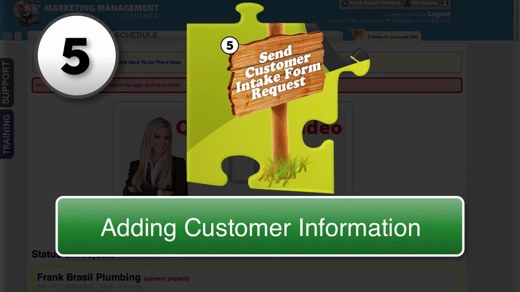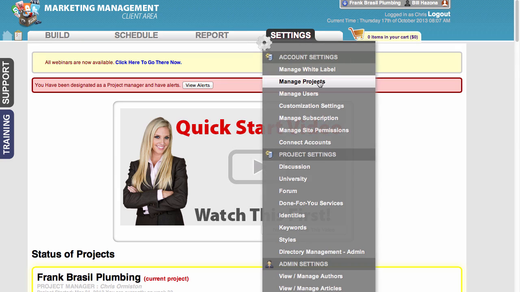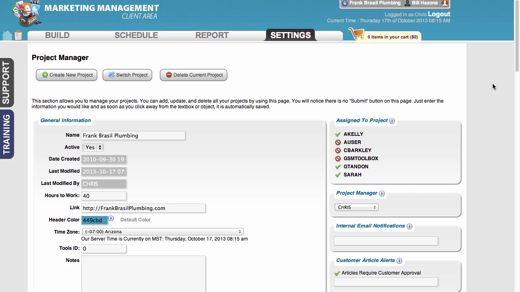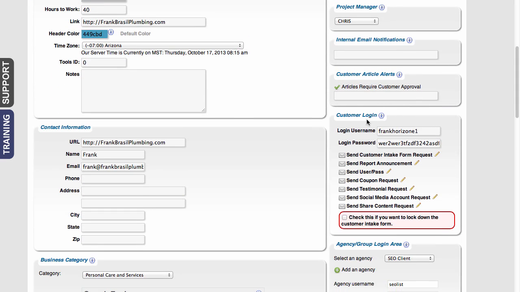Welcome to puzzle piece number 5, where we're going to cover how to send an intake form request to your client. Now, the way that you do that is you go under Settings and then Manage Projects. Once you get into the Manage Projects area, what you're going to notice is if you scroll down just a little bit under this customer login information,